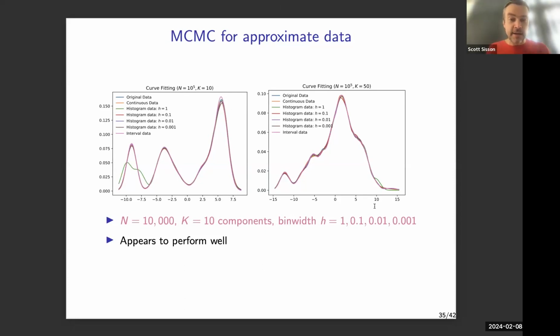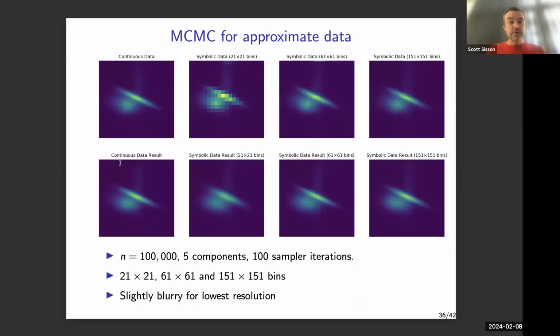So again, here's some curves. They all look the same. There's an original data generating curve here. There's the density that we get if we do regular MCMC, and there's lots of fitted densities we have using a histogram with varying bin widths. And apart from one that is a bit blobby at the front, where we have too high discretization, this is looking really good. Similarly, in 2 dimensions, on the top, I have the data, so the continuous data and various discretizations on the top.